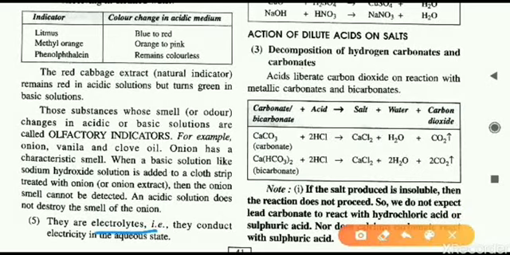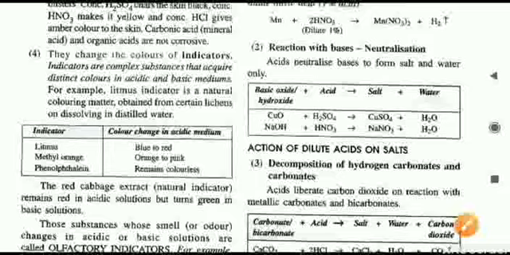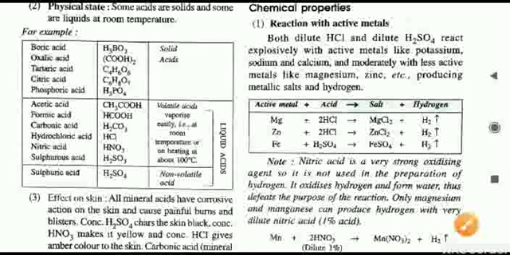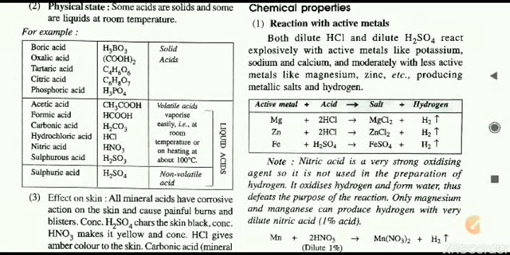The fifth property of the acids is they are electrolytes. All these are electrolytes. They can conduct electricity in aqueous state. For example, HCl, it is having positive and negative ions. Because these acids contain oppositely charged ions, that is why we can say these acids can conduct electricity. They are working as electrolytes in the aqueous solution. That is all for the physical properties.